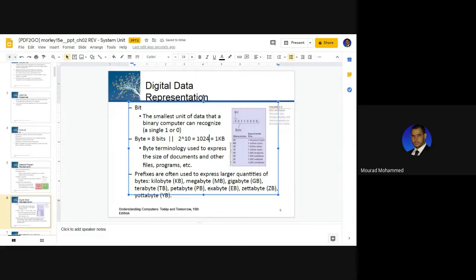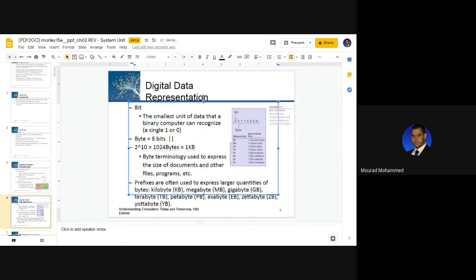1024 what? Bytes. 1024 bytes is 1 kilobyte. This is technically how it is represented. I need you to memorize this also. But to make it easier for us, 1000 bytes is 1 kilobyte to memorize. 1000